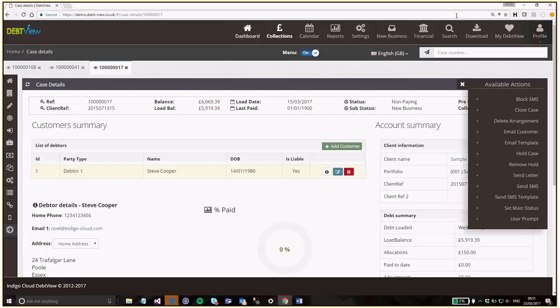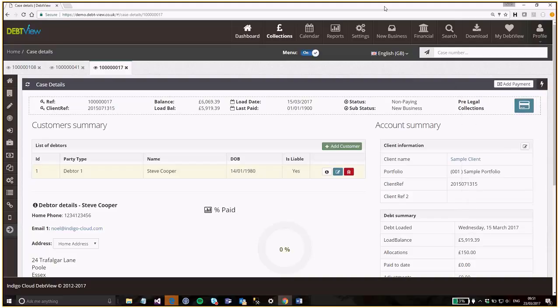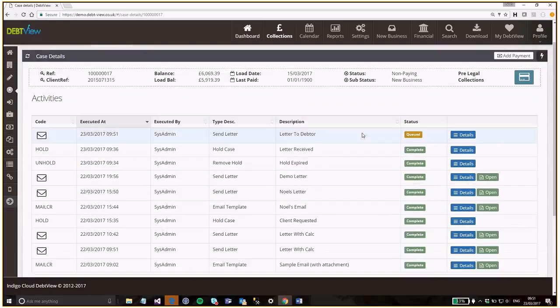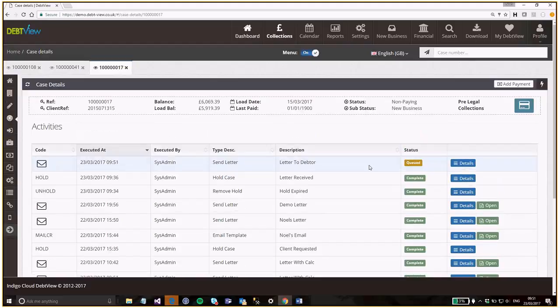When you send a letter in DebtView, it obviously doesn't send it out in the post. It puts it out into a queue first. So the first thing you do when you send the letter, the activity gets executed on the account. So we can see that there's an audit entry here, so a letter's been sent, but its status is now queued, and that just means instead of